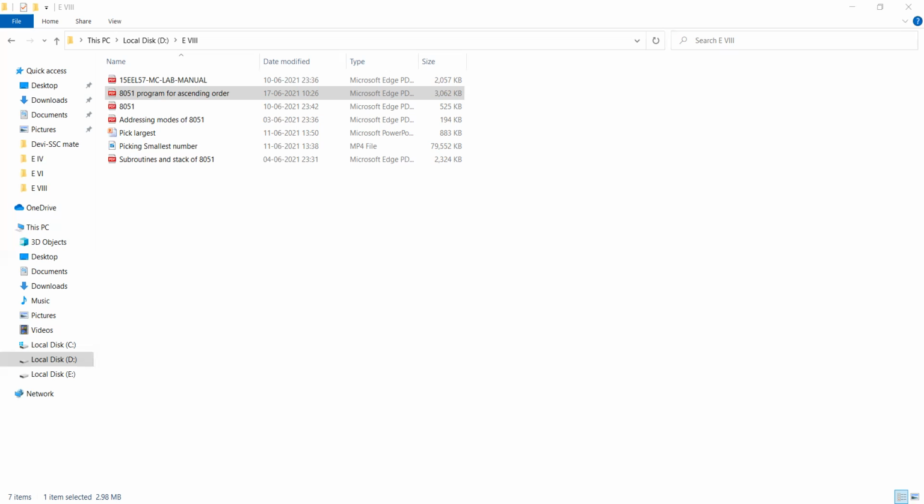Again compare; finally only this will do the process, even the next comparison. So all are arranged in a particular order. In this way we can arrange all the numbers in a particular order. So this is a program.